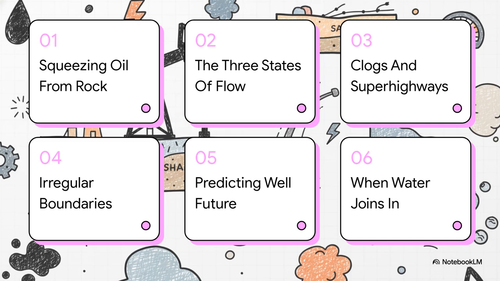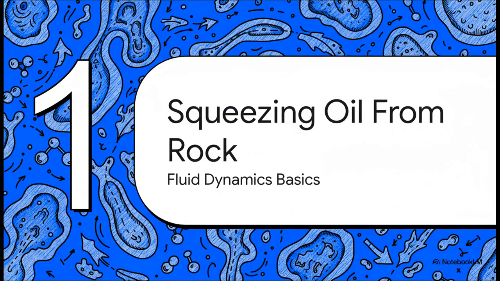To answer that, here's the roadmap for our mini masterclass today. 1. Squeezing oil from rock. 2. The 3 states of flow. 3. Clogs and superhighways. 4. Irregular shapes and boundaries. 5. Predicting the well's future. And finally, 6. When water joins in. All right, let's jump right into Section 1, Squeezing Oil from Rock, the foundation of fluid